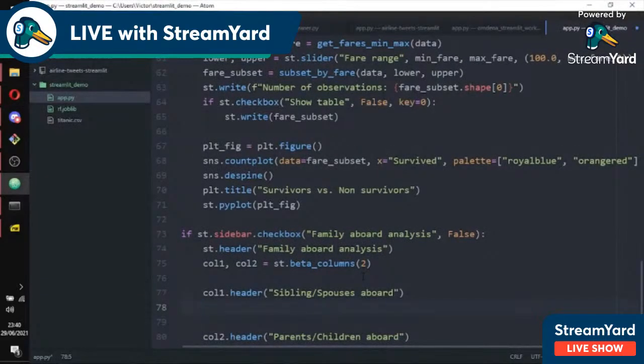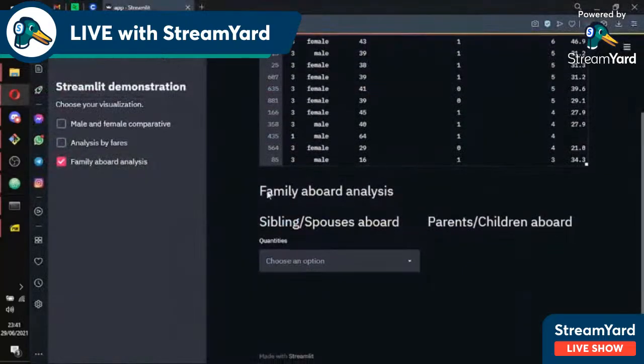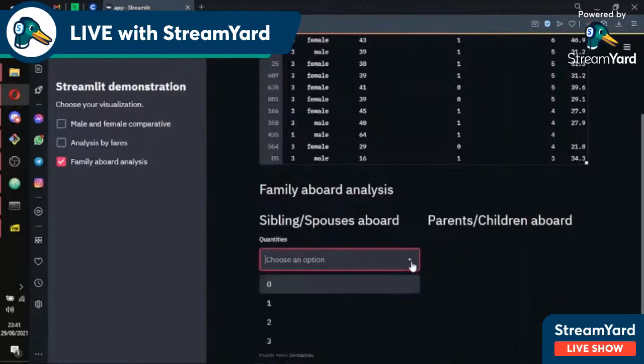So we can create a multi-select. Let's see how to do it. We use col1 instead of st because we want it to be only on column 1. Let's call it quantities. And we can give values to it like 0, 1, 2, 3. Save, rerun, and now we have this